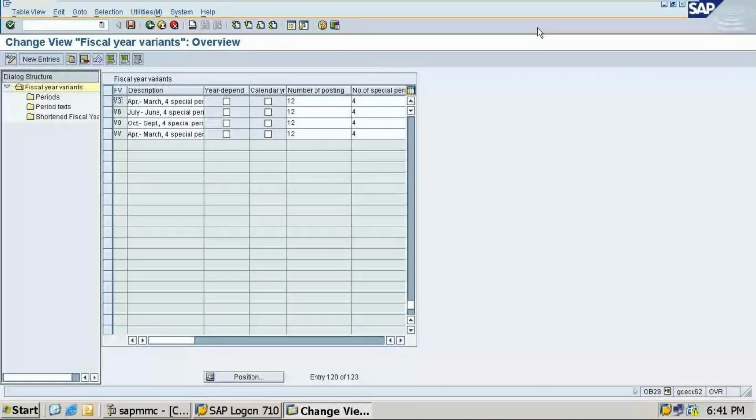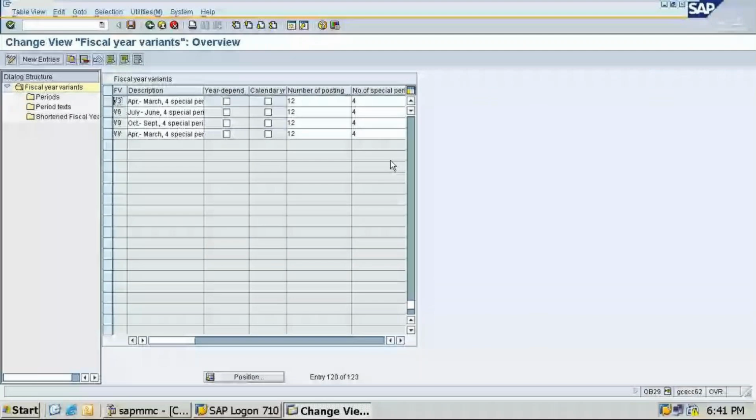K4 is for January to December, which American people use. But we Indian people use V3, which is April to March, where we have 12 posting periods and 4 special periods. What are the 4 special periods? They are adjusted with the transactions of the previous year.